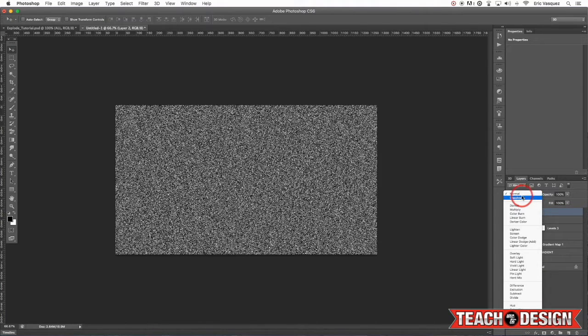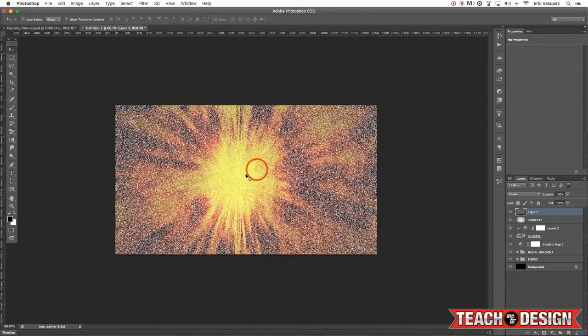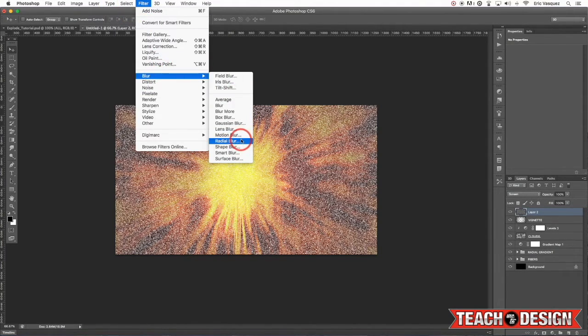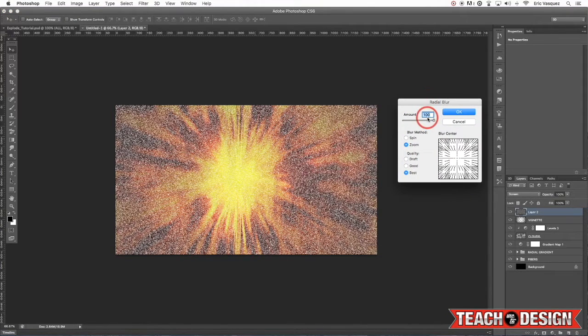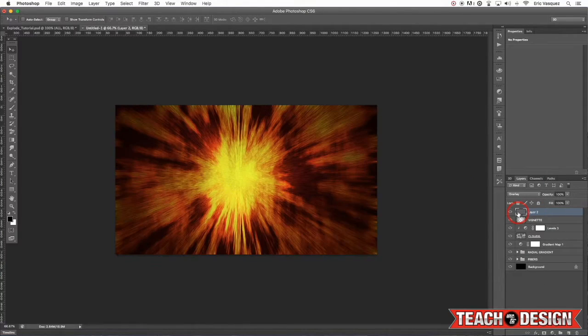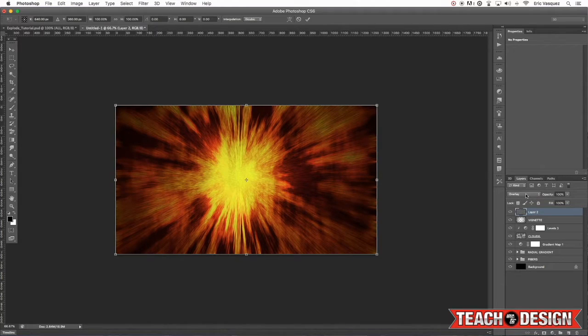So from here we're going to change the blending mode to screen so that we have only this white that is showing, and we're going to apply another radial blur. This time it'll be much less extreme. Maybe we'll keep the amount down to around 14 or 15%, still using zoom and a quality of best. Okay, so that gives you another kind of layer, but you can still see some of the nice texture in there from the noise. Alright, I'm just going to maybe switch this over to overlay for now,